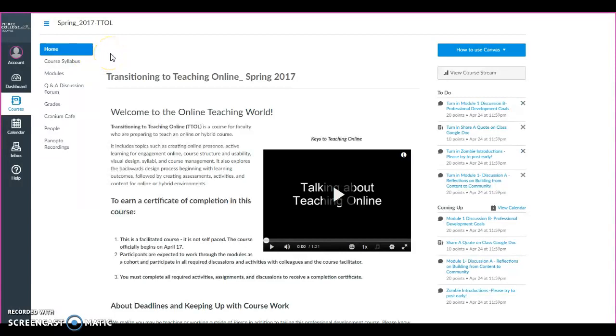Here we are on our home page or landing page. This is the page that will load when you first enter the classroom. And along the left hand, you will see navigation in the course. I'm going to go sequentially through the navigation. And the first thing that I'm going to click on here in the left-hand navigation is the course syllabus. So if you click on that,